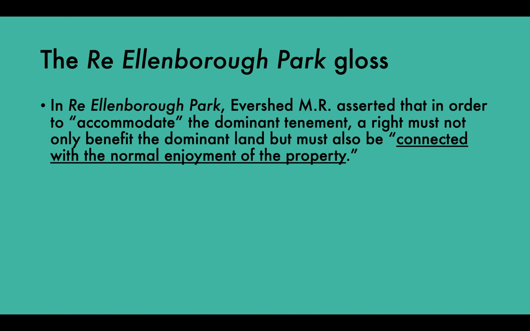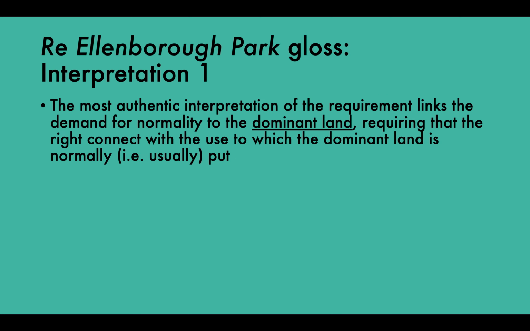So we're going to have a look at 3 different interpretations now, just to wrap up this third requirement of accommodation. The first interpretation of connected with the normal enjoyment of the property. The most authentic interpretation of the requirement links the demand for normality to the dominant land, requiring that the right be connected with the use to which the dominant land is normally, i.e. usually, put. For example,